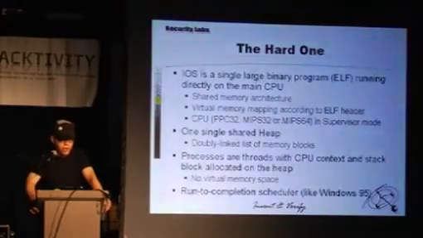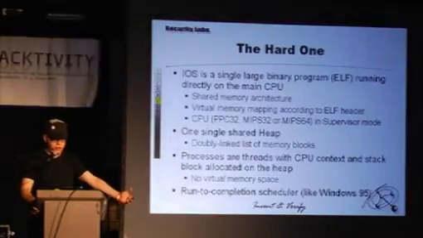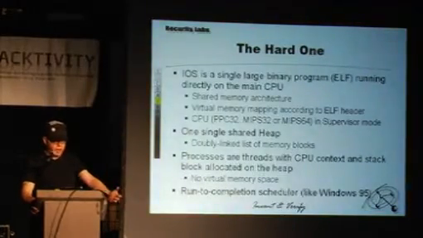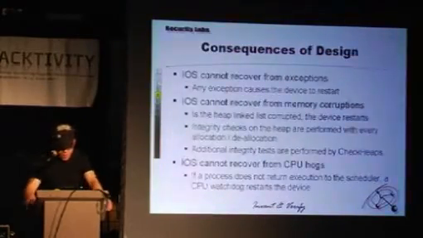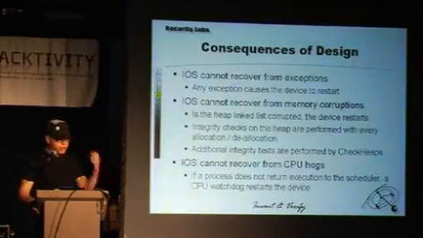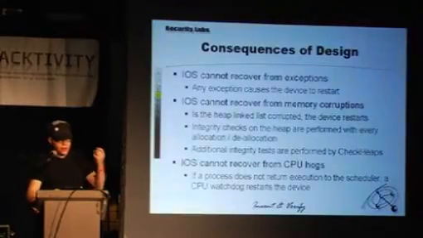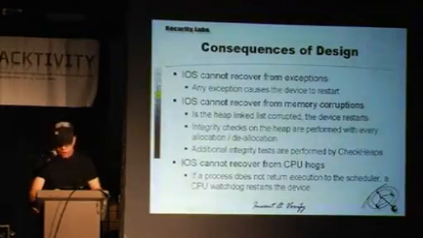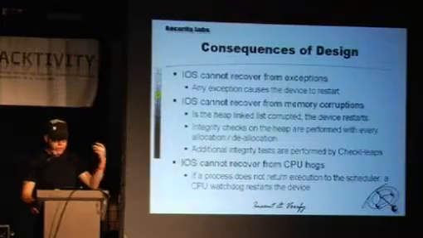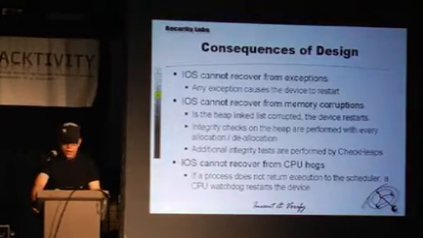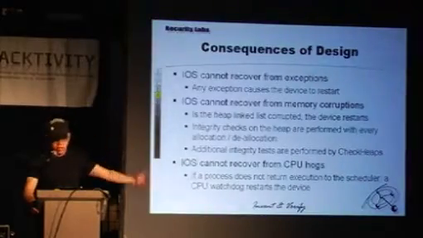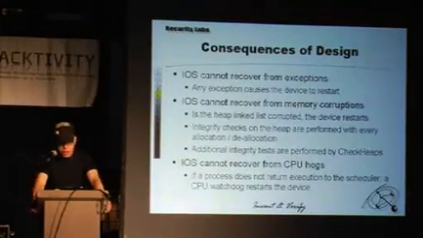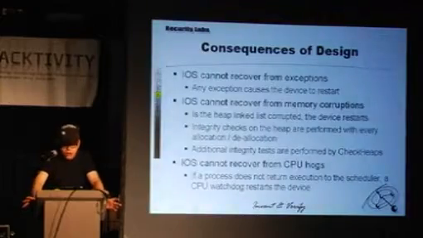Anyone remember Windows 95? When you click on something, when you insert a CD and everything else stops working, that's exactly how Cisco works. That's exactly how their operating system is built. The consequence is they can't recover from any type of exception. So if they have a memory corruption, they need to crash. If the heap gets messed up, they need to crash. If they have a division by 0, they need to crash. And they always need to crash the entire process, being the entire operating system, being the entire router. You have no other recovery options.